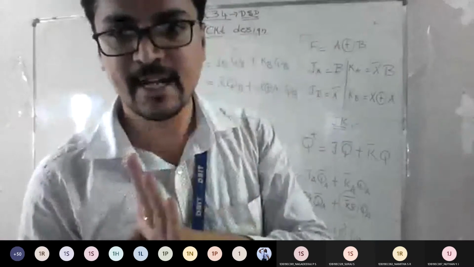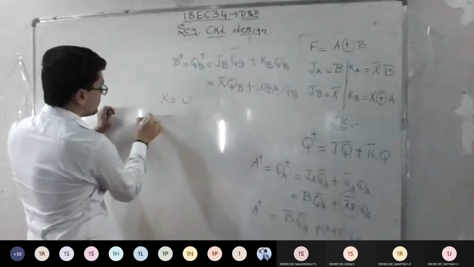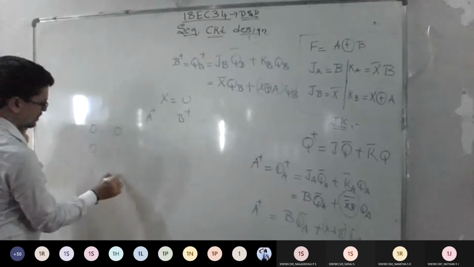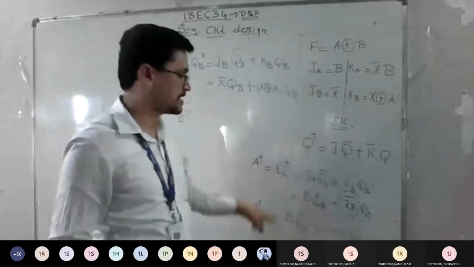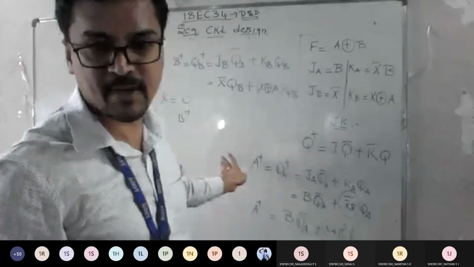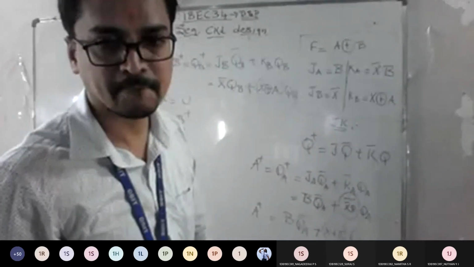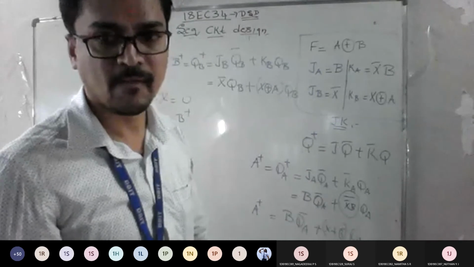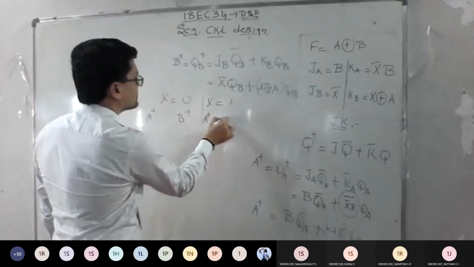For this, the next state will be under two conditions. One is X equal to 0. For X equal to 0, what are your A plus and B plus? The inputs are 00, 01, 10, 11. Substitute these inputs in this equation with X as 0. Can you get A plus and B plus or not? Similarly, for X equal to 1, again you can find A plus and B plus.